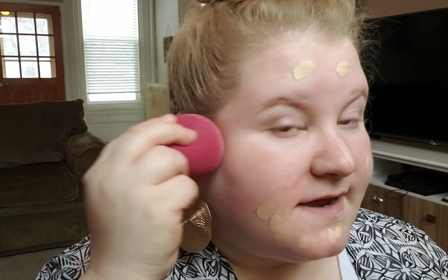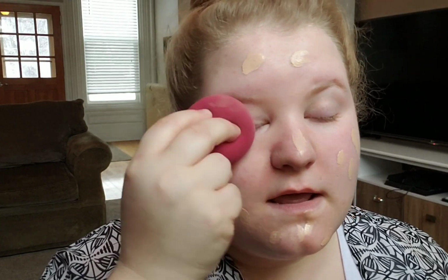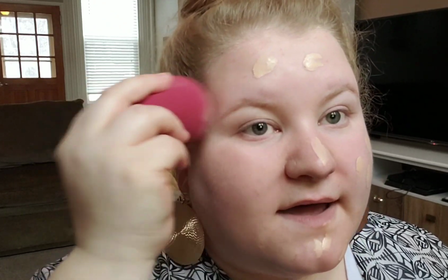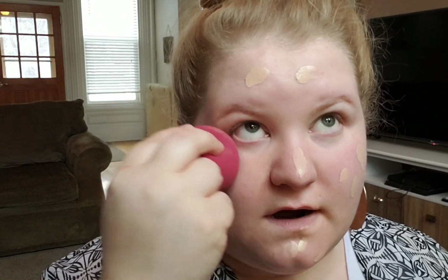One thing to keep in mind is to be really careful about how hard you're pounding it into your skin, because if you're working your foundation too hard, it's going to end up in your pores, and that kind of negates the purpose of the primer that we just put on, because the primer is meant to protect our pores from the makeup. But if we're putting on our makeup too hard, obviously we're going to pound it into the pores regardless, and then